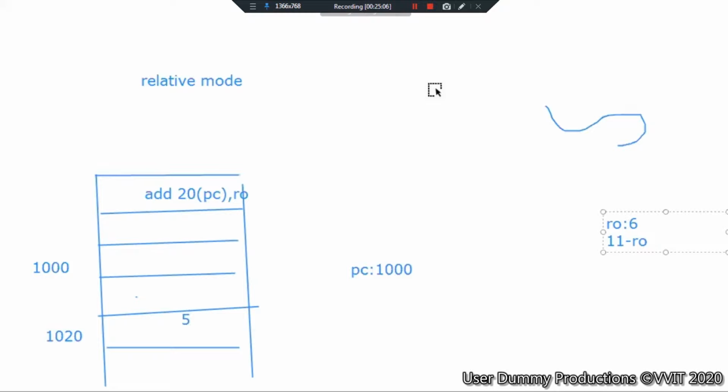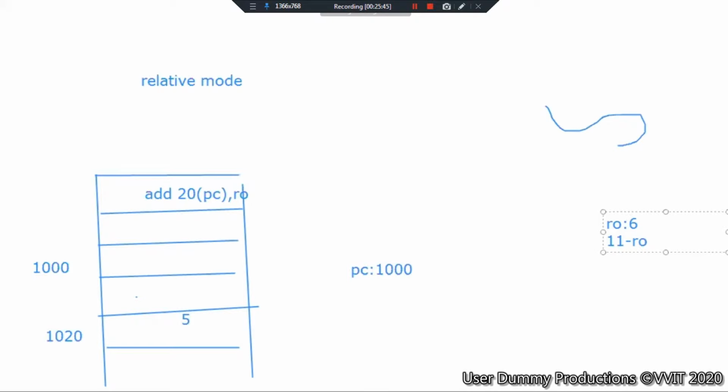Okay. So these are all the various modes. Now, can anyone explain? Ma'am, index and relative are both the same, no, ma'am? What is the difference, ma'am, in them? A very important question. Index can be in any register, but relative mode is always with respect to PC, the program counter. In index, you can use any register, 2 or 5 or 6, it's your wish. But relative mode is always with respect to PC.